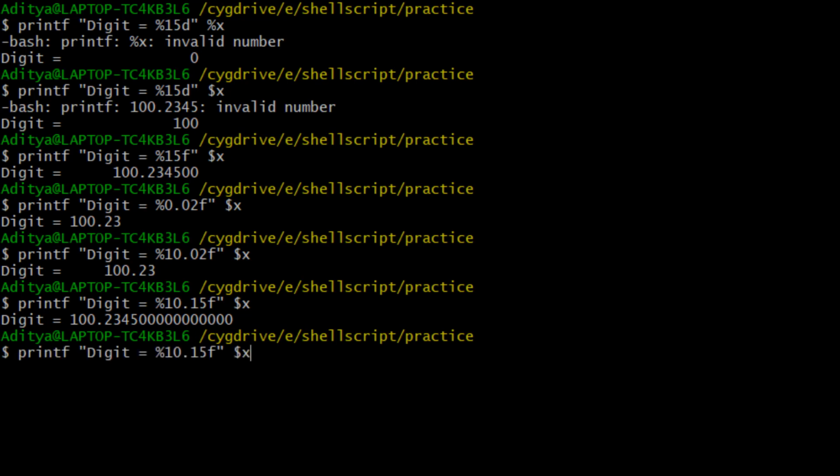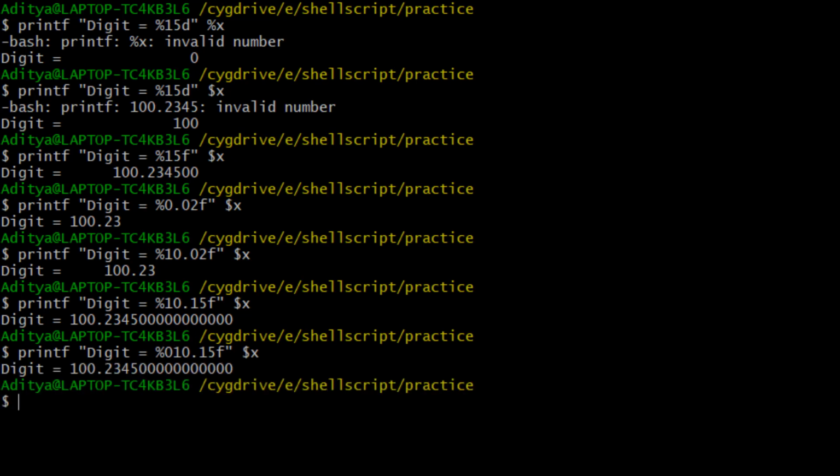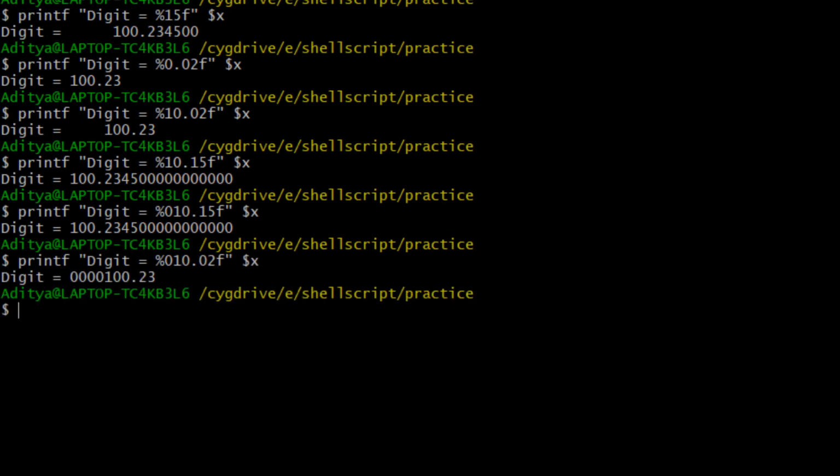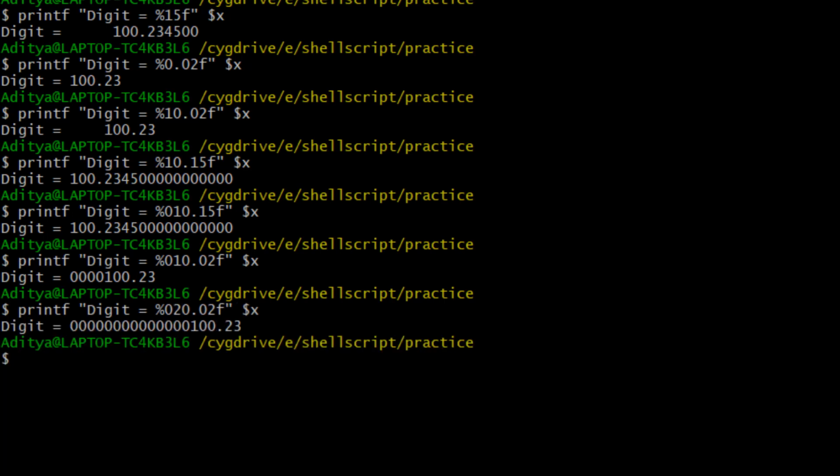Now the same thing, if I wanted it preceded by 0 before 100, then in that scenario what I have to do, I just have to add 0 and it should work, right? Okay, I think it is not working because it is already preceded. So what I will do, I am going to write remove here, and here I am going to write 02. Now let's try. Now it is working perfectly fine. Now if I give it 20, I think it is preceded by 20.